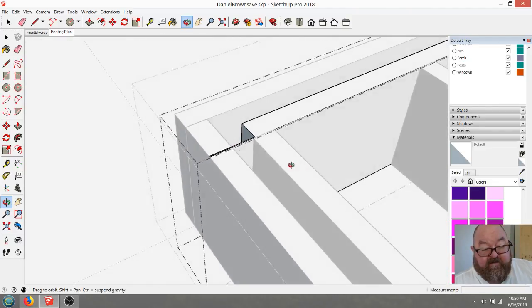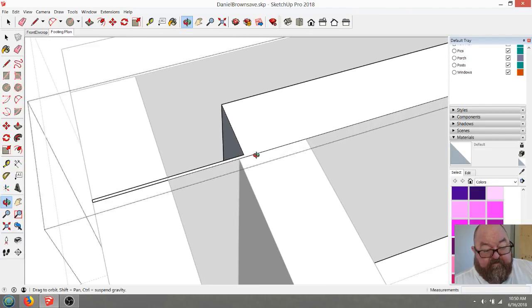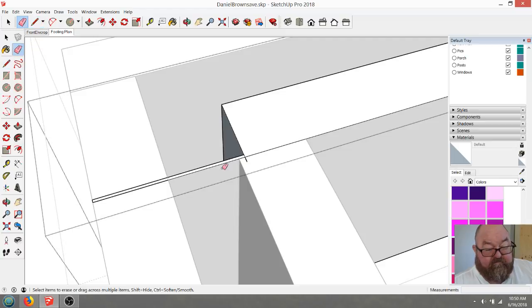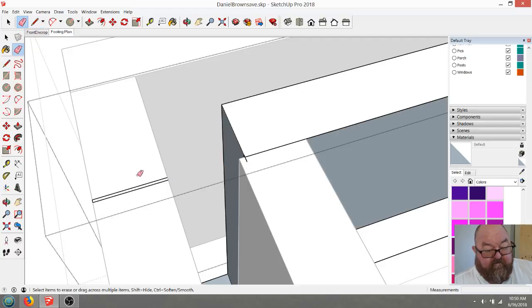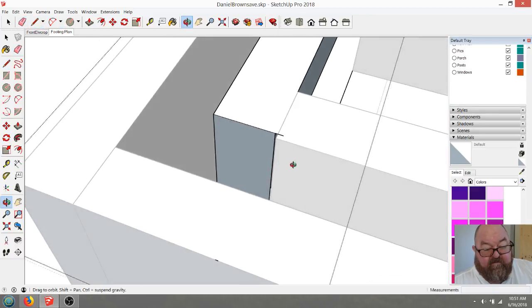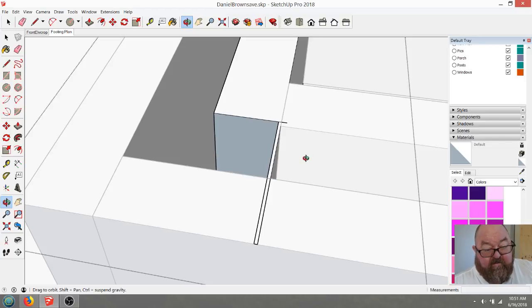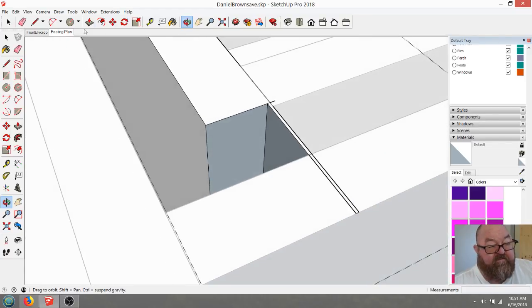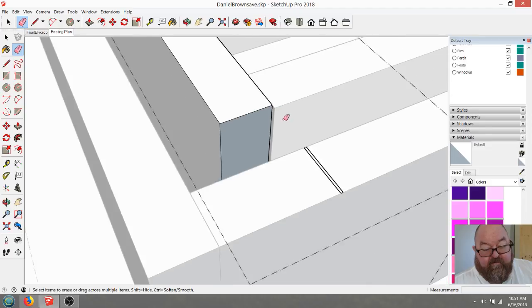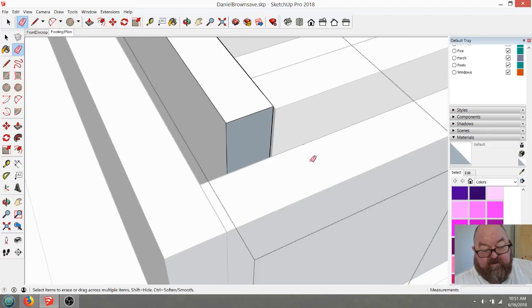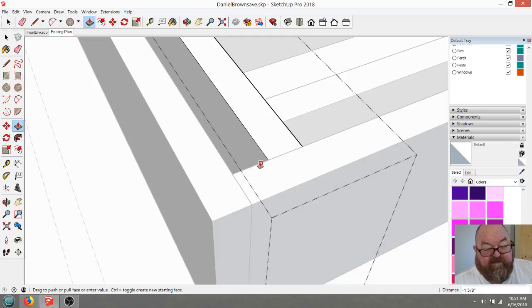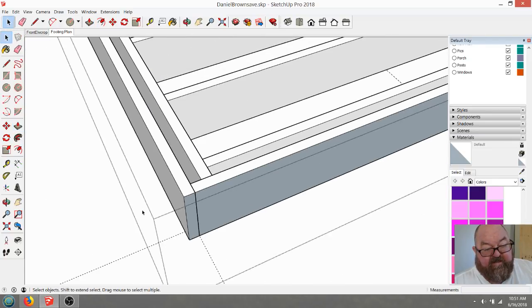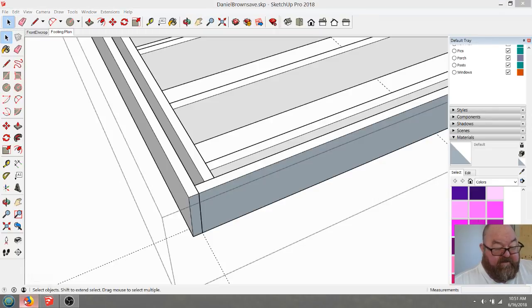What is going on there now? Aha! An anomaly. Those anomalies will get you. What I should have done was move this to there, yeah, and it would disappear. That's the one thing you have to watch out for in SketchUp, is you'll get little weird things like that if you don't pay attention to what you're doing. And when you're trying to